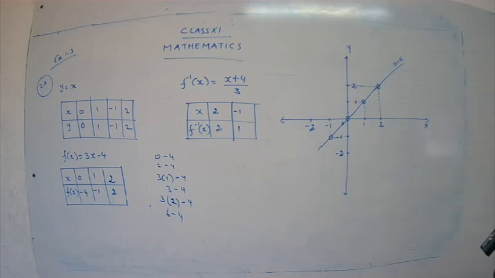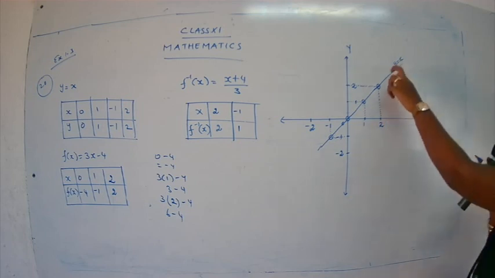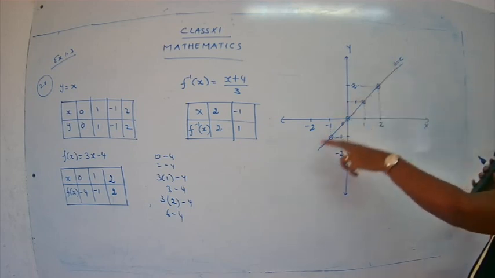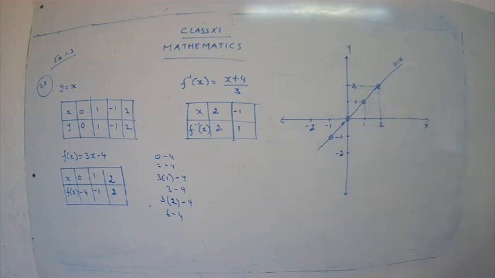Now we have to plot for f of x and also for f inverse x. And we are going to check how the picture is going to be, how your f of x and f inverse x are going to be. We have just drawn this because the question was to verify the symmetrical property about the line y is equal to x. So we have completed the line y is equal to x. Shall we go for f of x, children? Okay, we have minus 4 also.